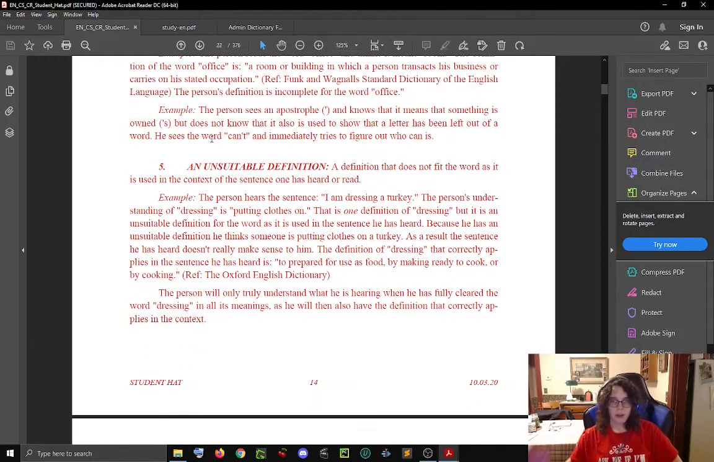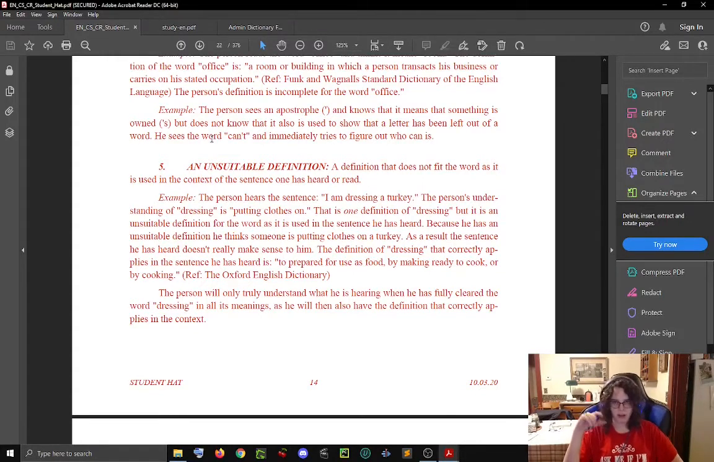5. An unsuitable definition. A definition that does not fit the word as it is used in the context of the sentence one has heard or read. Example, the person hears the sentence, I am dressing a turkey. The person's understanding of dressing is putting clothes on. That is one definition of dressing, but it's an unsuitable definition for the word as it is used in the sentence he has heard. Because he has an unsuitable definition, he thinks someone is putting clothes on a turkey. As a result, the sentence he has heard doesn't really make sense to him. The definition of dressing that correctly applies in the sentence he has heard is